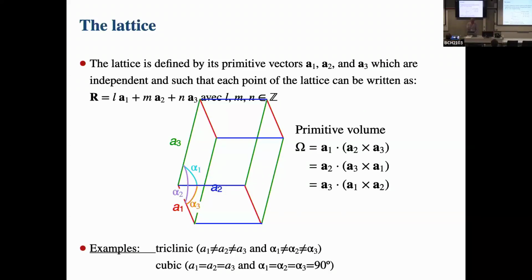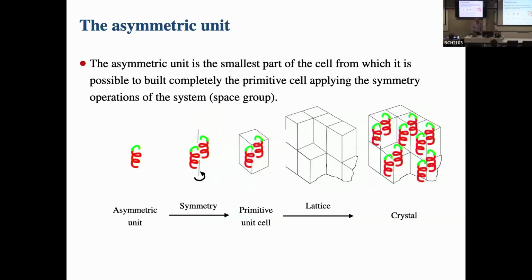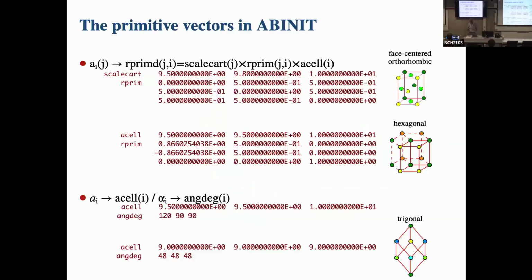And in contrast, you have the cubic system in which you have the 3 lengths which are equal, and the 3 angles that are equal to 90 degrees, okay? So you can come back to the asymmetric unit cell, and this can be sometimes interesting. So that means that you just need to define a limited part of the unit cell, and then by applying the symmetry, you recover the complete unit cell. And then thanks to the lattice vector, you recover the complete crystal. So in Abinit,